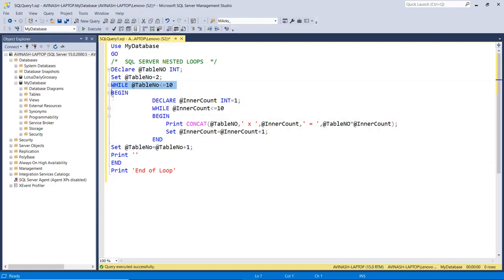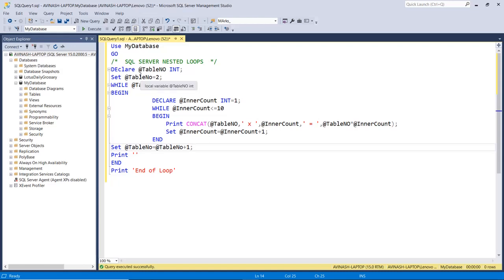Then this is our parent loop, table number less than or equal to 10, and within the body of this begin-end block we have another loop. This loop is the inner loop or child loop. So this is called the nested loop. What we are doing is printing the tables from 2 to 10. How?